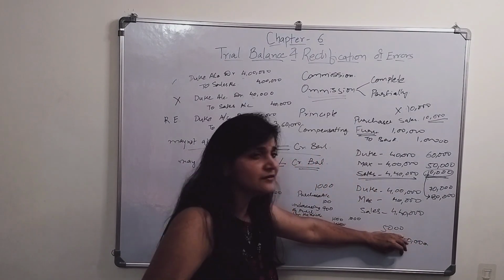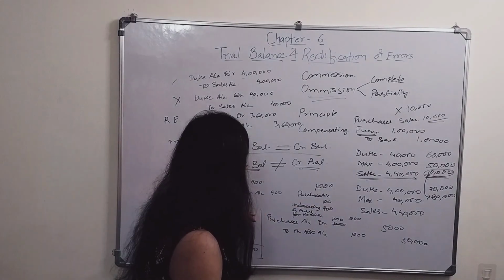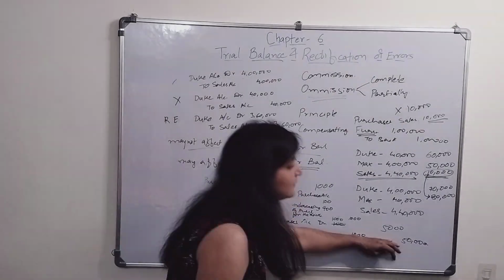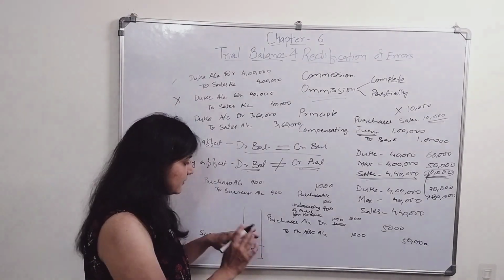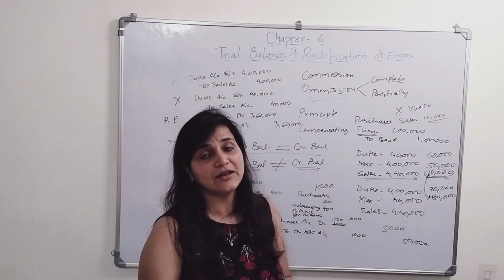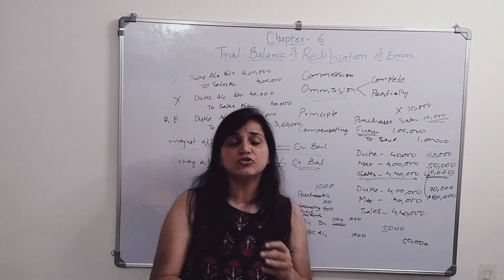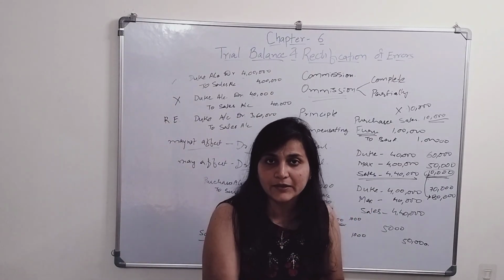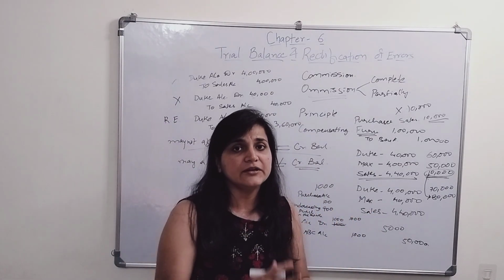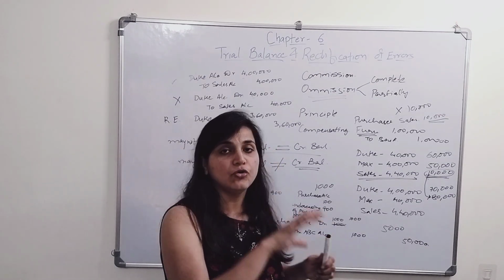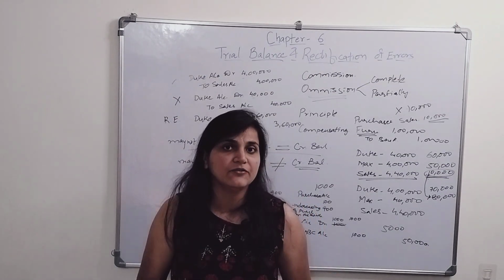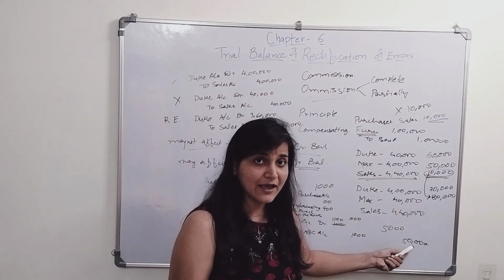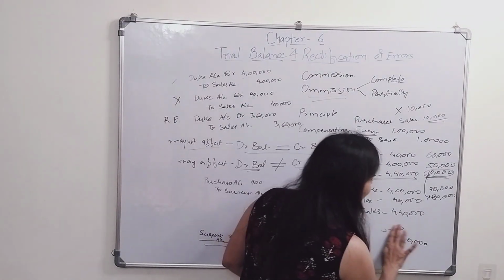Okay, now this is the error which is going to affect the trial balance. Now these things are going to affect the trial balance. My trial balance is not going to tally. So the suspense account shows the errors which have been committed in various ways. Okay, and the accountant needs to locate these errors and rectify those errors. Let's say this 50,000 worth of goods I have sold to Mr. George. So my entry is